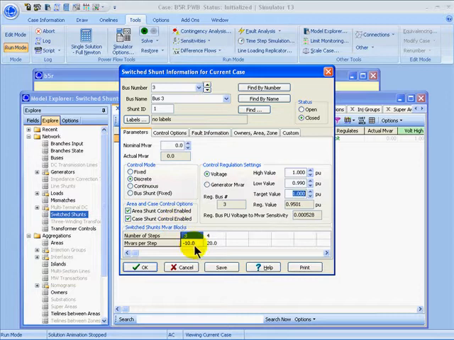I have here also some checkboxes which show that the area that this switch shunt belongs to has its control enabled, and that the case globally has the switch shunt control enabled. And these are the options that we looked at earlier. For convenience, they can be toggled here as well. So if I close this dialog by clicking OK, and then switch back to my one-line diagram,